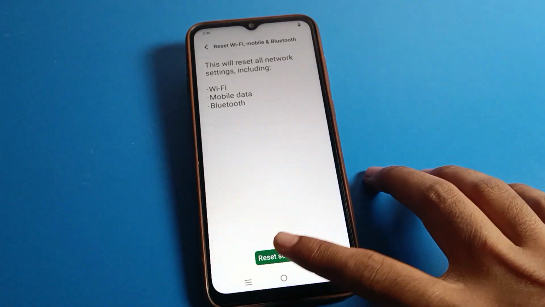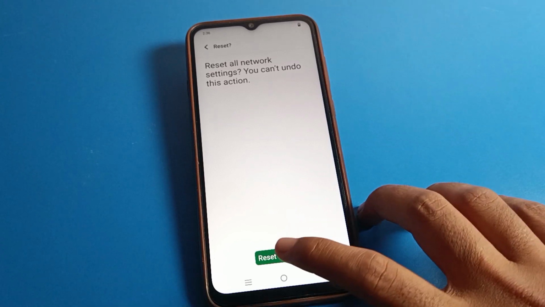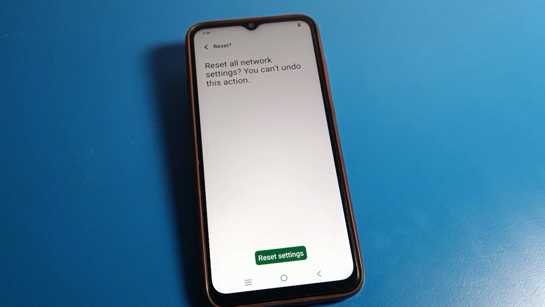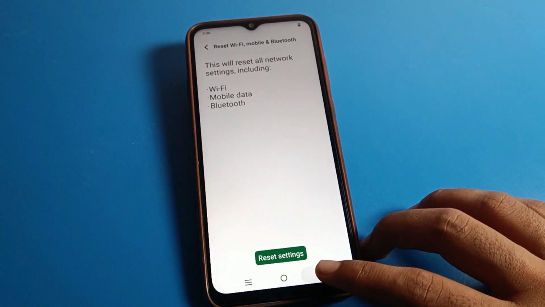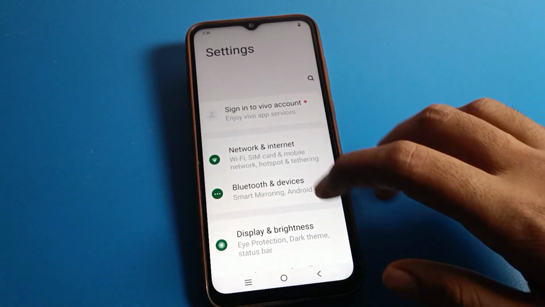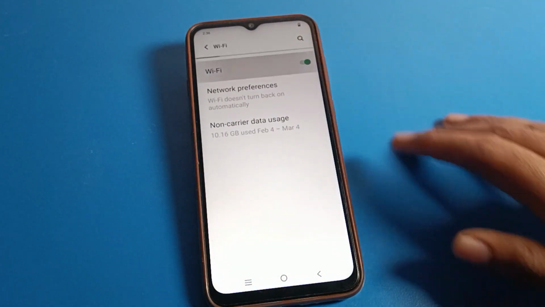So friends, if you want to reset your settings, it means you want to fix your network problem, Bluetooth network problem, or Wi-Fi network problem. You can fix it from here. Tap here, please wait. After 4 or 5 seconds your settings will reset, and now you can use your Vivo phone's network settings, Bluetooth settings and Wi-Fi settings without any network